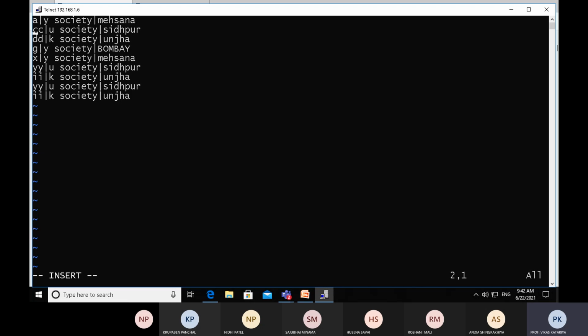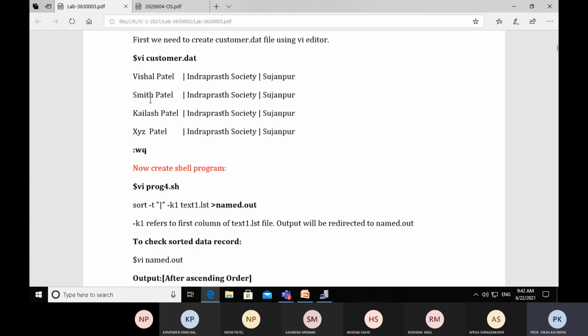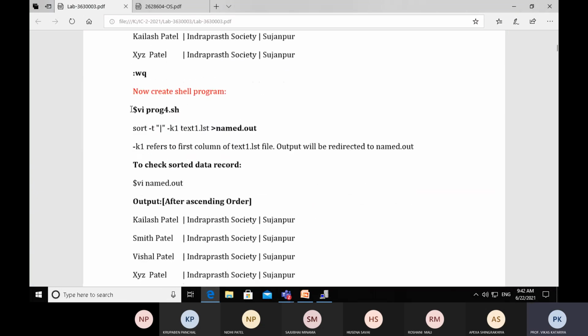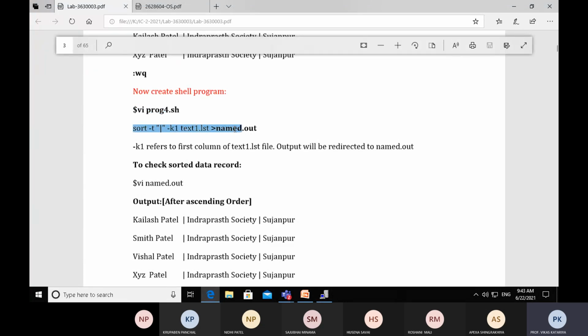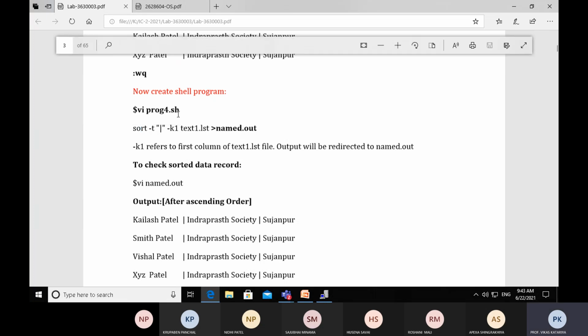Now after putting the records, save the file: escape, shift colon WQ and press enter. Now the text database is created. Now we create a shell file, in which we mention a command, and the command is based on sorting based on some columns.